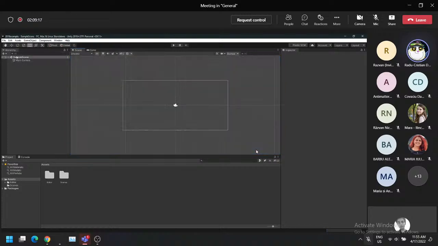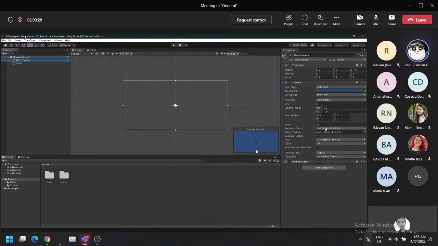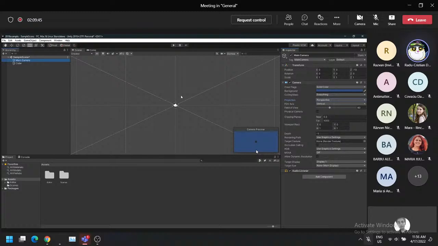It shows the stuff in here. If I add a 3D cube like Mara showed, it will see it's in 2D because the camera is in orthographic mode. Okay, orthographic means it's only two planes. If you select perspective, you'll see that it's in 3D, because right now the camera is in 2D. But if we move it up and rotate it,